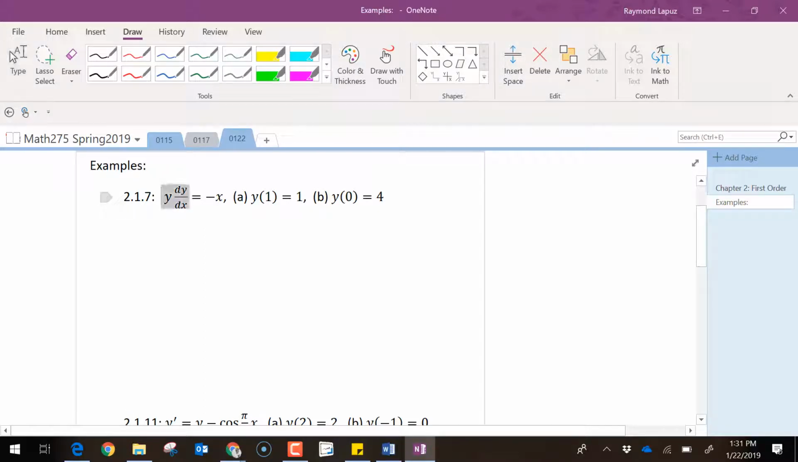So let's say this is your differential equation. You have y times dy dx equals negative x. The first task is to try to draw a slope field. And after you draw a slope field, then we can try to use these initial conditions to see if we can find particular solutions. Okay, with the GeoGebra graphing program here,